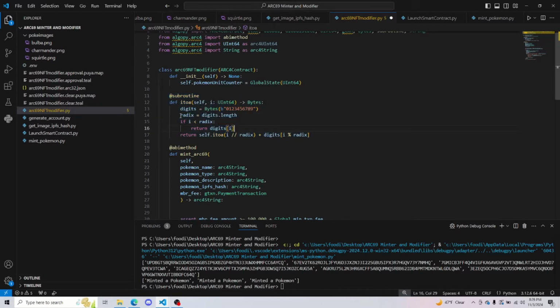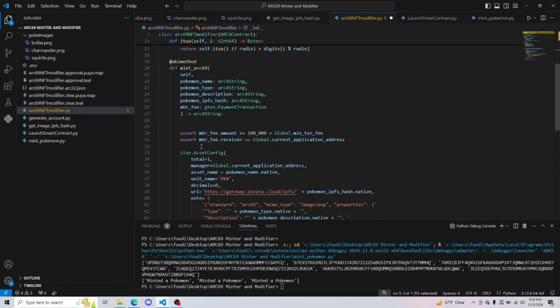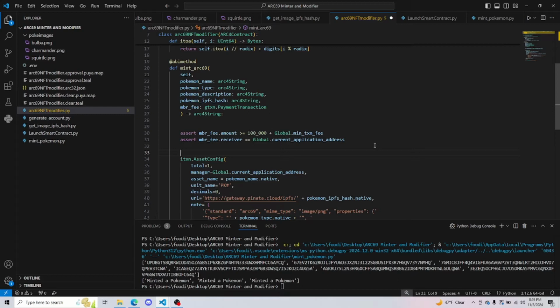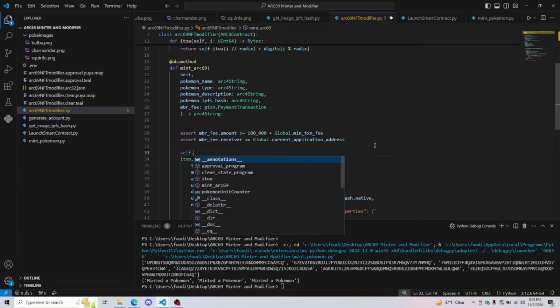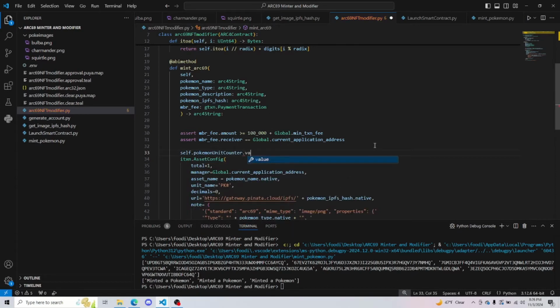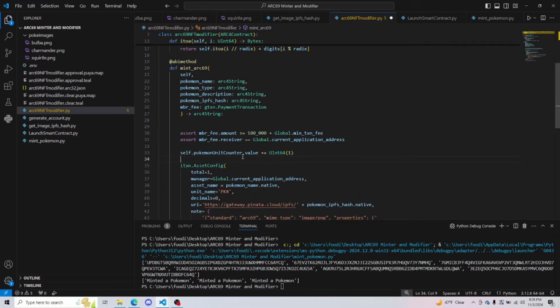And so we're going to take this I to A to convert the counter, the unit counter, into a string. So for every Pokemon we mint, the first thing we're going to do is increment the unit counter by 1. And then we're going to take this